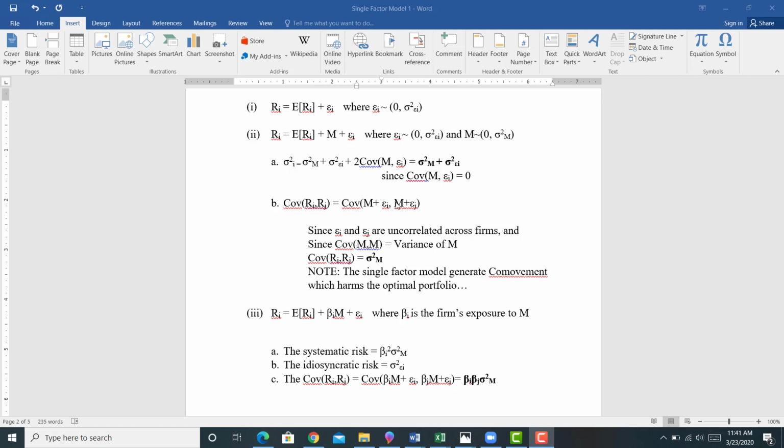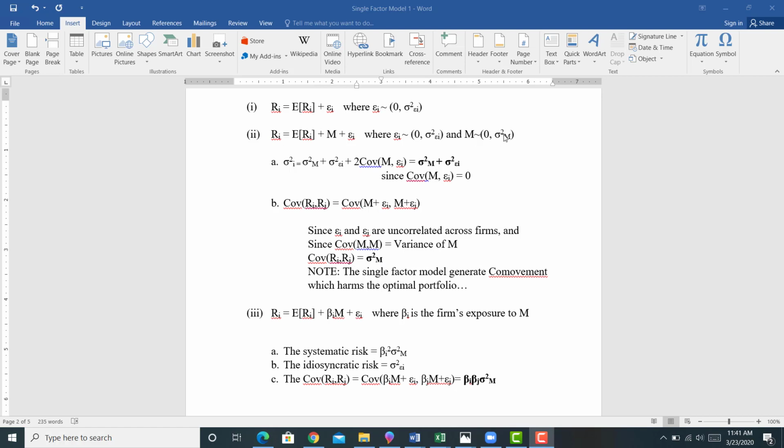If you understand some statistics, all I'm doing here is the covariance of M and M, the covariance of M and the error term for asset J, the covariance of the error term for asset I and M, and the covariance for the error term of asset I and the error term of asset J. The only thing that matters is the covariance between M and M. And those who've taken a statistics course will know that the covariance between M and M is just equal to the variance of M. So the covariance between asset I and asset J is equal to the variance of the